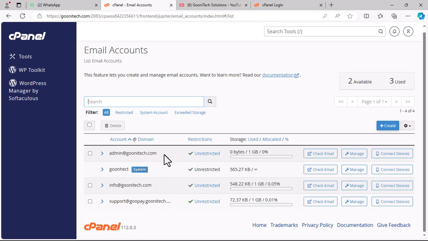Now how do we access this mail? Of course, there are so many ways that we can use to access this official email address that we just created. The first method is just by clicking on this check mail. Of course, it's going to log you in to the email account. But in a situation where you don't want to access the mail through this cPanel, all you need to do is just copy the